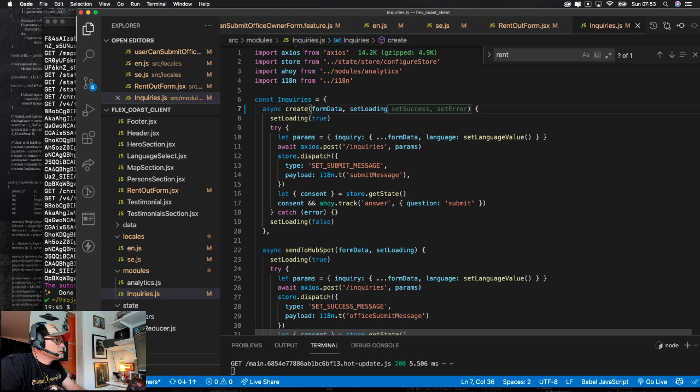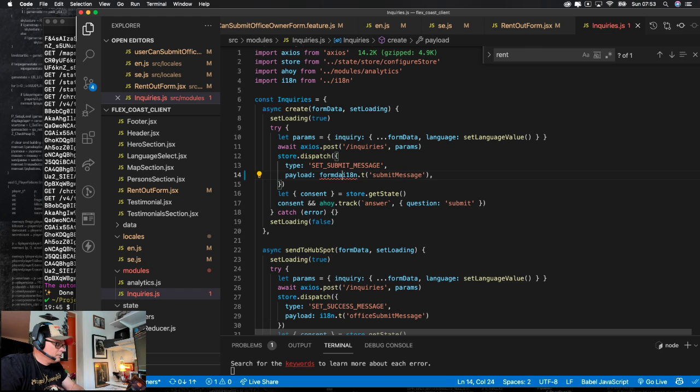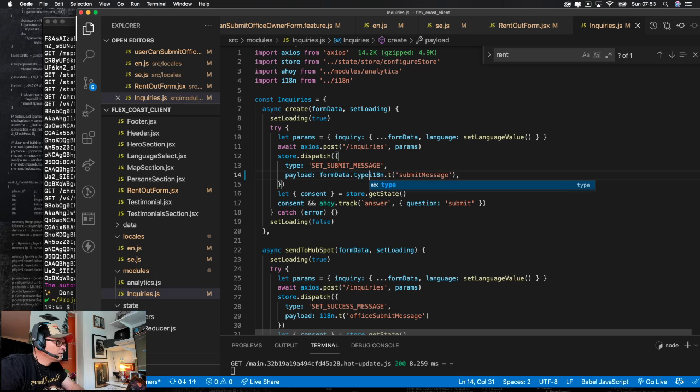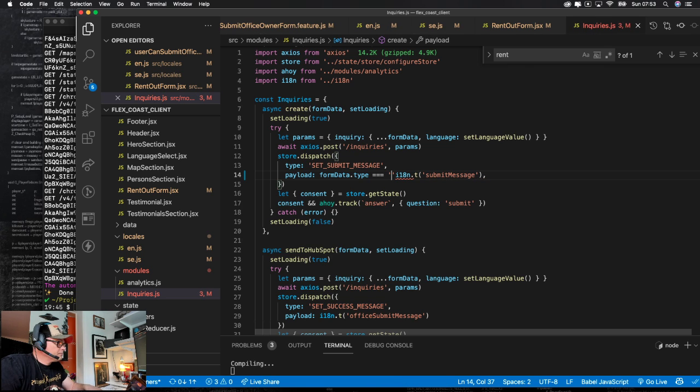Well, actually, we could use this in form data, the payload. So form data type equals office, for instance, or I don't know.